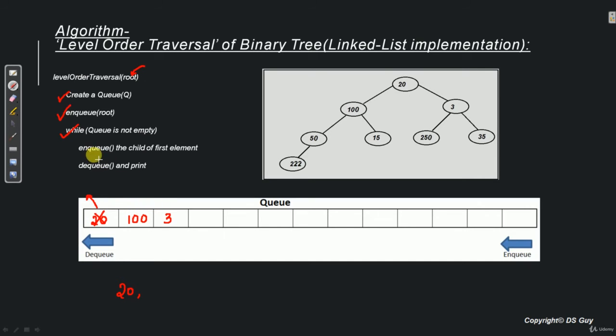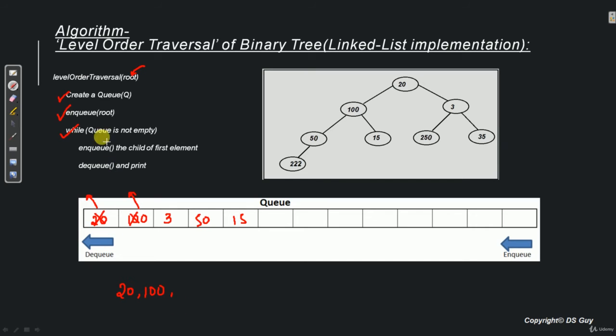Then enqueue the children of the first element. What is the first element? 100. What are the children of 100? 50 and 15. So it will enqueue 50 and 15. Dequeue and print. So it will dequeue the first element, which is 100. So 100 gets dequeued, it's no more in the queue and it gets printed over here.